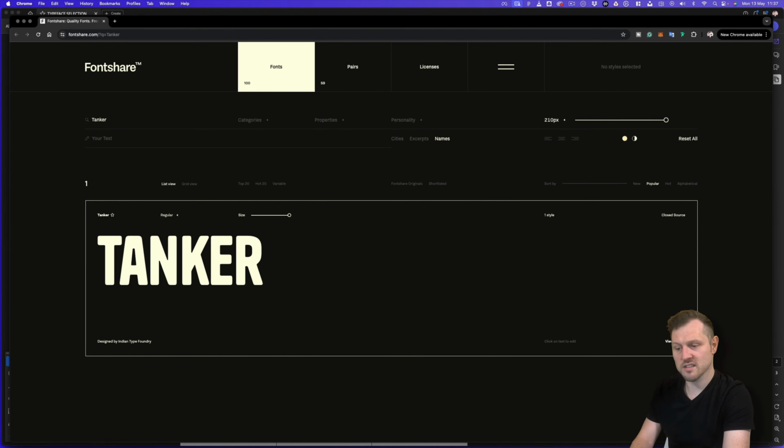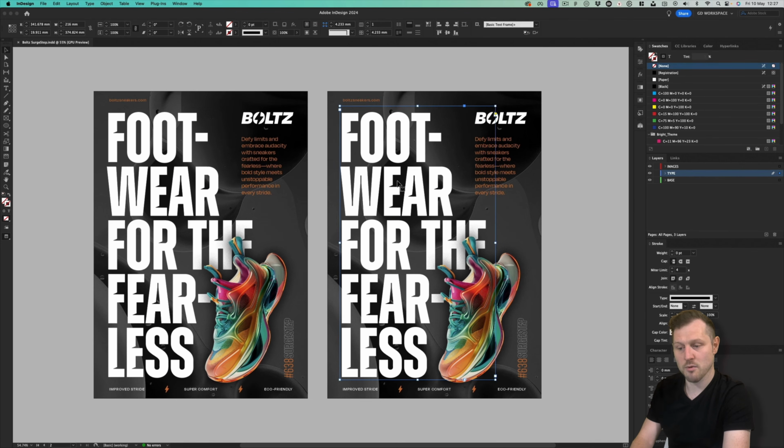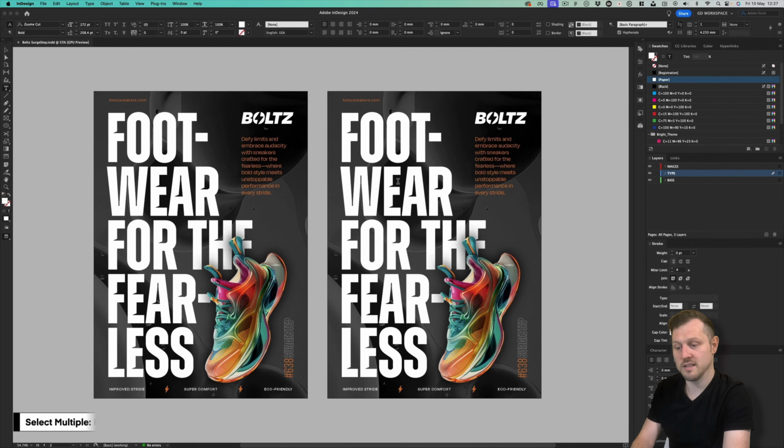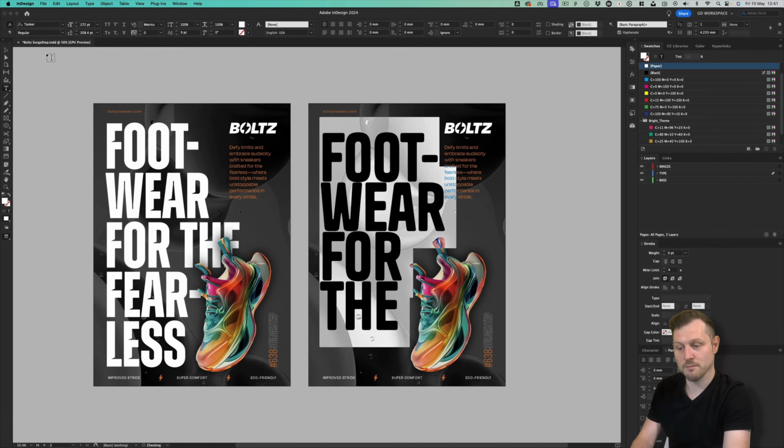link. So in InDesign, with the selection tool, I can click the type headline frame once and then double click to enter into the frame. I'll press Command A on Mac or Control A on PC to select all. Then into the font selection, I'll type in Tanker. I'll choose it from the list and it will change, and I'll have to do some tweaking to make it